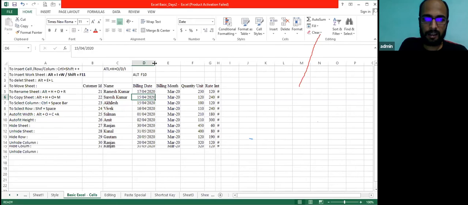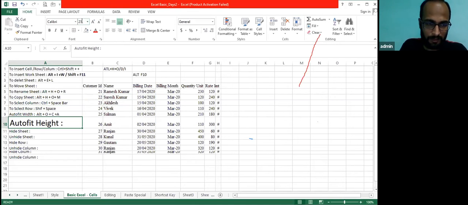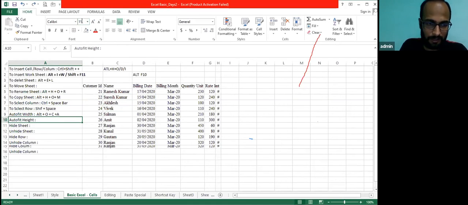A similar option is available for height, row height also. Let's suppose I have increased the size of this. Oh no, it's automatically increasing.